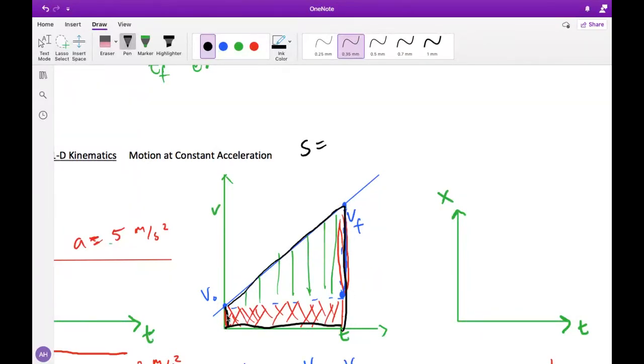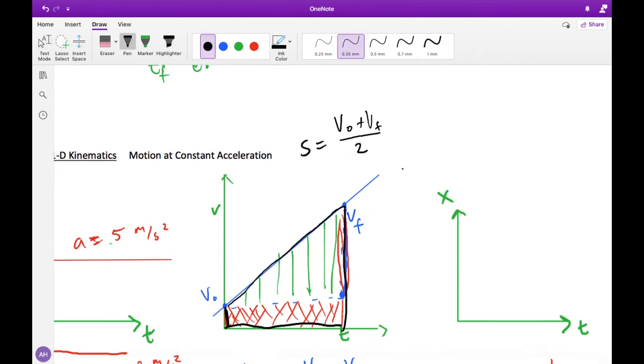So we have V naught, which is this side here, plus V final, which is this bottom or right side here, divided by 2, times the,